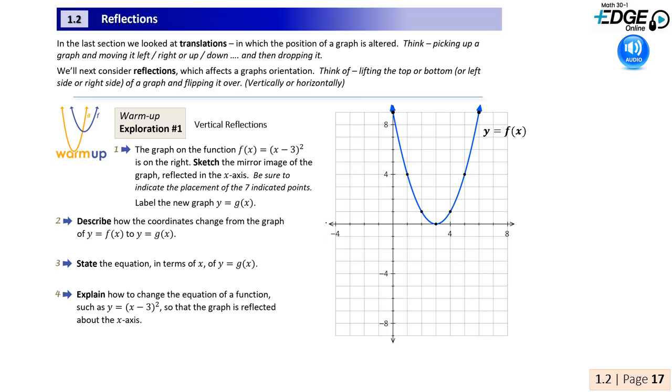Now that we've seen translations, let's have a look at reflections. Here, we're going to start with reflections in the x-axis, which is also called the line y equals 0. That's your horizontal axis. Now, even though it's the horizontal axis we're reflecting in, the effect will be what we call a vertical reflection, which is to say that we'll be affecting the y coordinates of every single point on